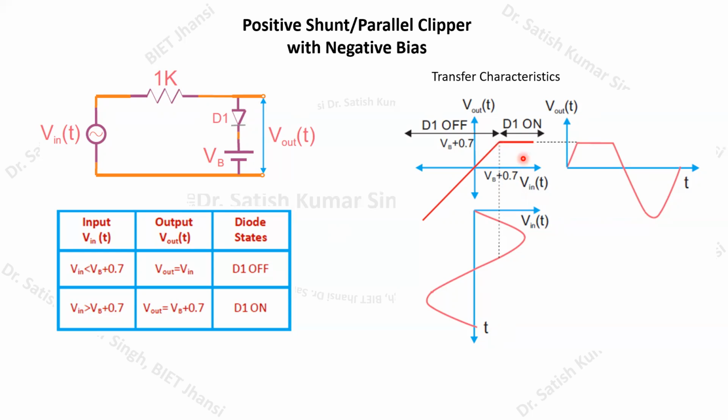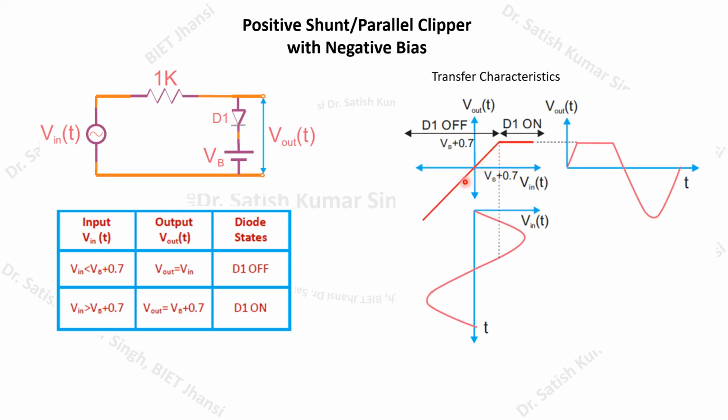But below this VB plus 0.7 volt, as we can see, this diode D1 will be in the off state. Why will it be in the off state? Because this DC power supply is making this diode reverse biased. It is a negatively biased shunt clipper circuit, and therefore it will remain in the reverse bias state, and again